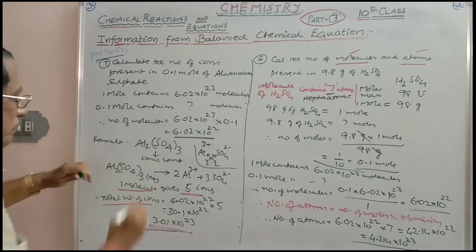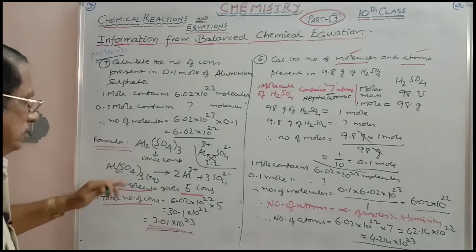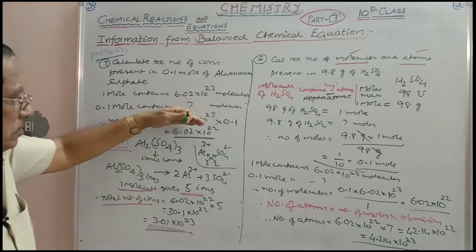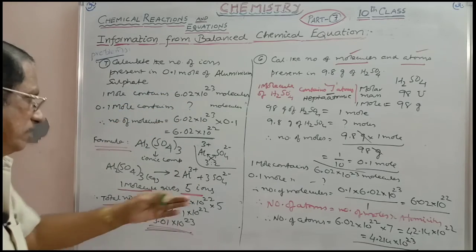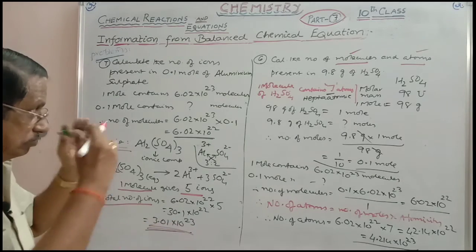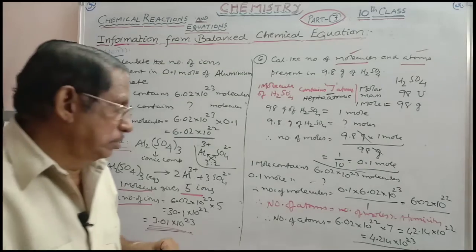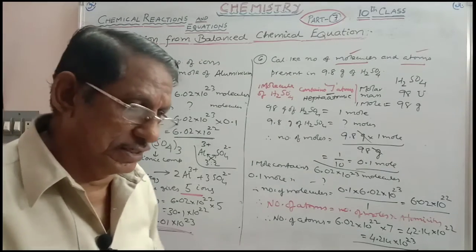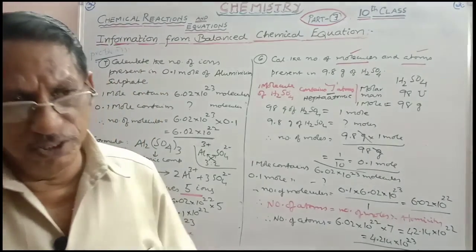So you have to get the formula, that is more important. One molecule is giving 5 ions and therefore so many molecules are giving how many number of ions: 5 into number of molecules. So this is equal to the answer. This is the way you have to solve the problems basing on the equations, basing on the moles, basing on the gram atoms, basing on gram volumes, etc.